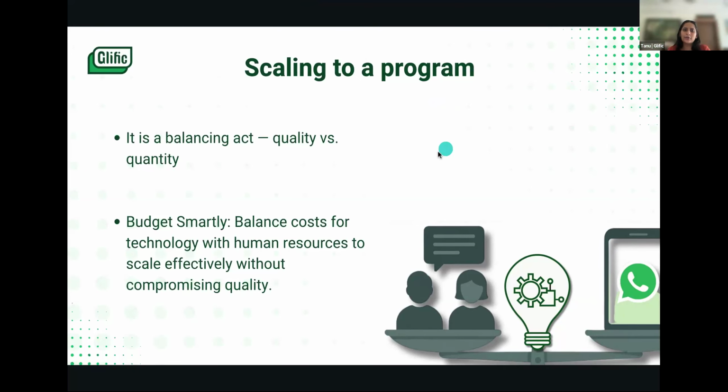There are certain things that you would need to keep in mind when you go about doing this, right? First, a very obvious and intuitive thing is that when you scale, you have to make sure that you don't compromise on the quality of the content that you're sharing with your end users. So scaling is not essentially about reaching more users. It's about growing the reach without compromising the quality, right? That's something which needs to be kept in mind when you look at scaling.